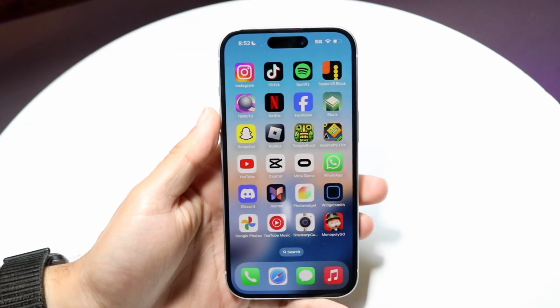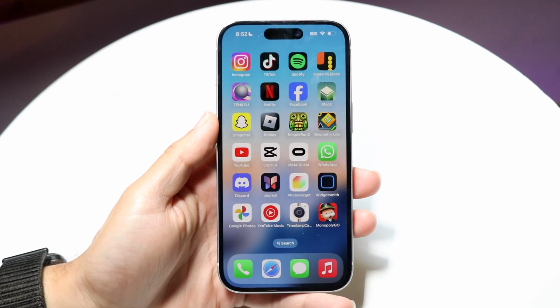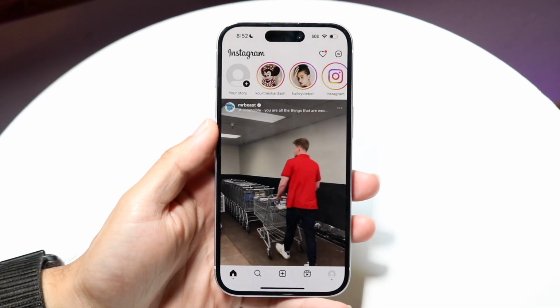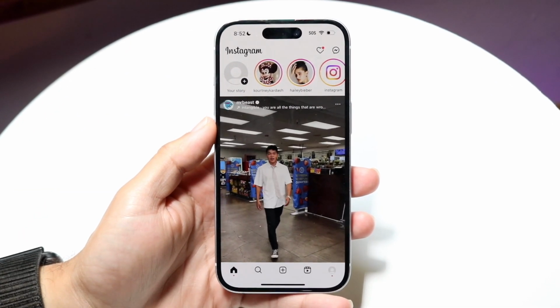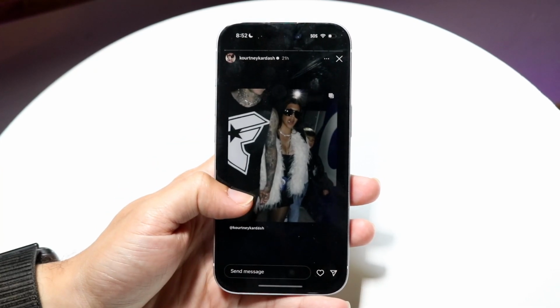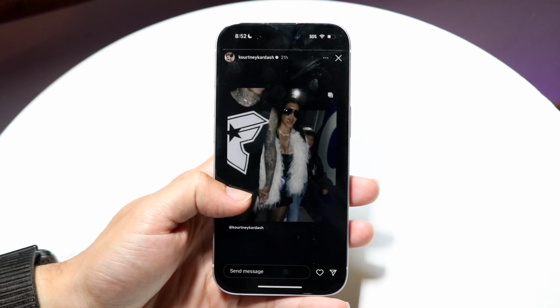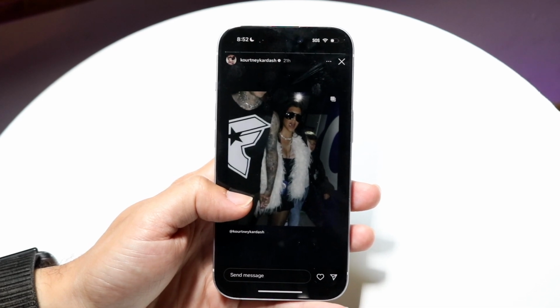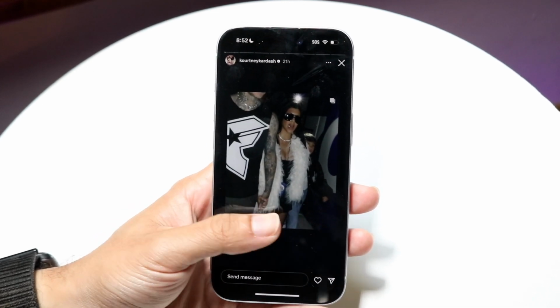So you might be in a situation where for some reason you can't reply at all to any Instagram stories. Now, this could happen for a couple of different reasons. The very first thing I'd recommend doing is making sure that the person who's posting the story has replies on. Sometimes they may not even have the reply button on, so you may not even be able to reply back